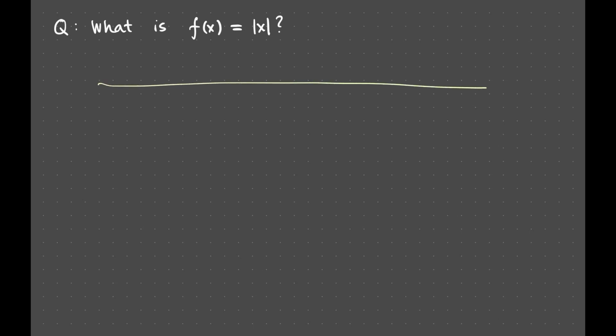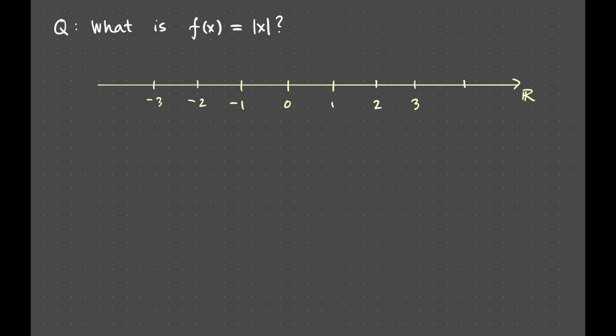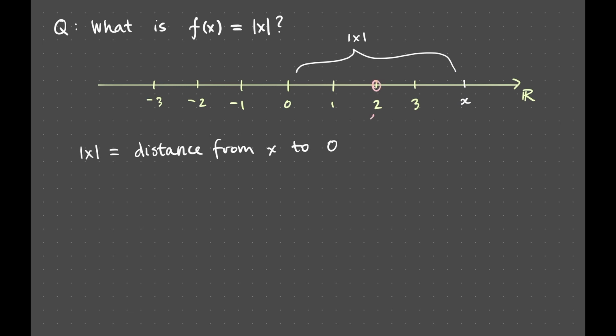The absolute value function is a way to describe the magnitude or size of a number. Precisely, if x is any point along the number line, then the absolute value of x is defined to be the distance from x to the origin. For example, the absolute value of 2 is 2 because 2 is 2 units away from the origin. On the other hand, the absolute value of -3 is 3 because the point -3 is 3 units away from